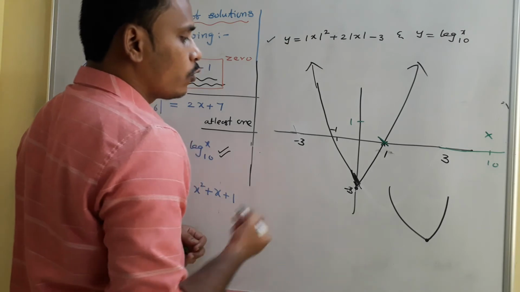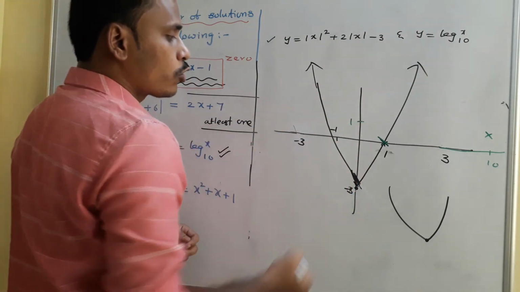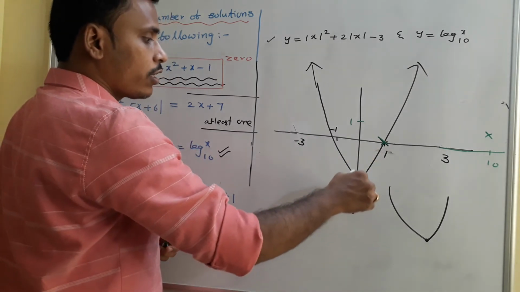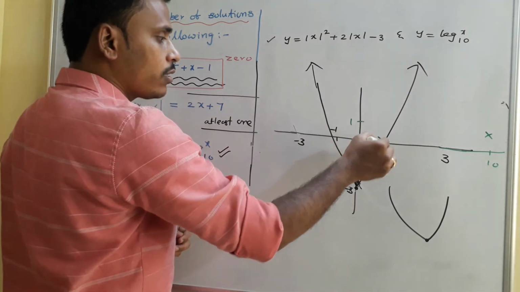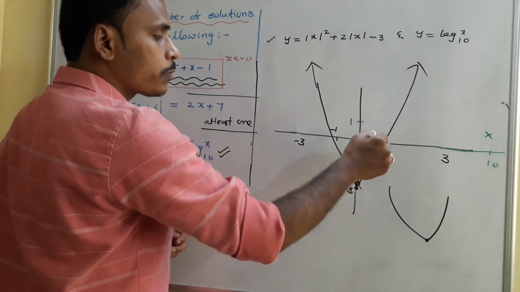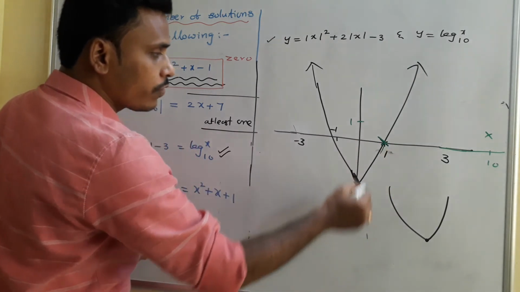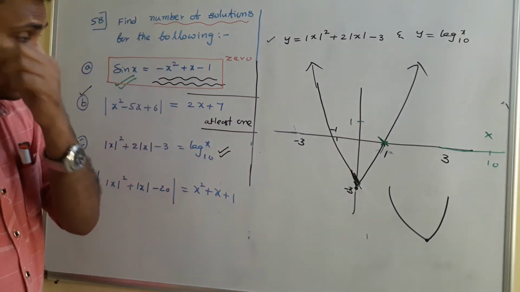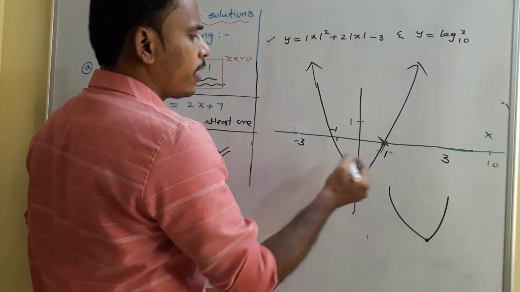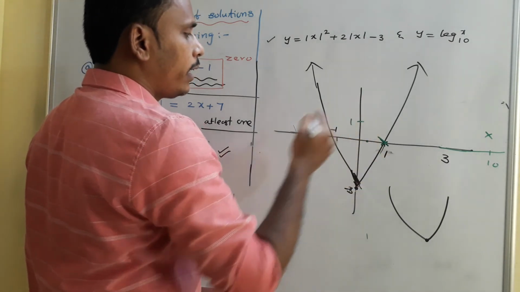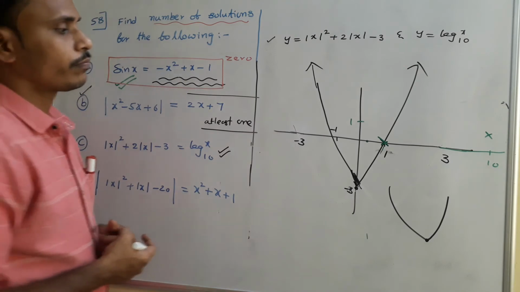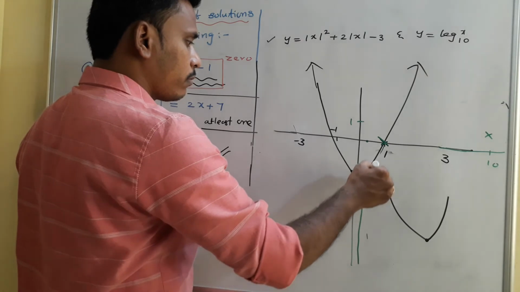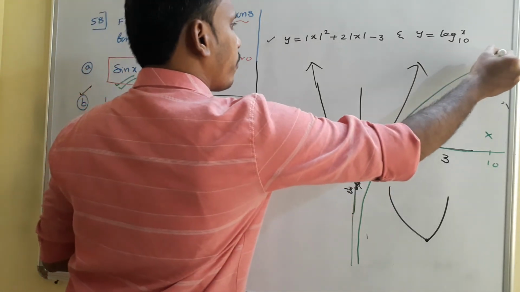And as well as when you say at x equals 0 there is no such graph, and the graph passes through these points, so we need to sketch the graph in such a way. The doubt is, we need to sketch how it is passing through, whether it is coming outside of this curve or inside of that curve. That's what we need to check. For that you just go with any other value. For example, at 1 by 10, what is the value? The graph of log x base 10 passes through this point, right? This is the graph.